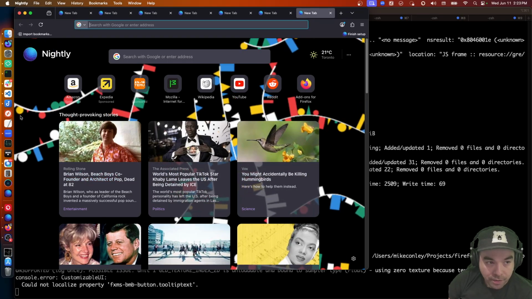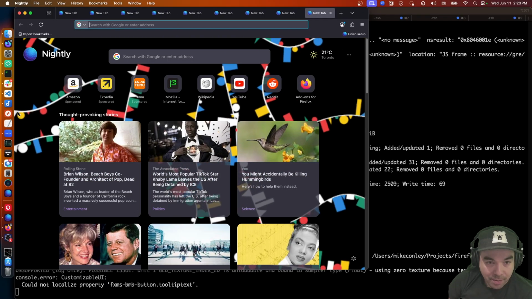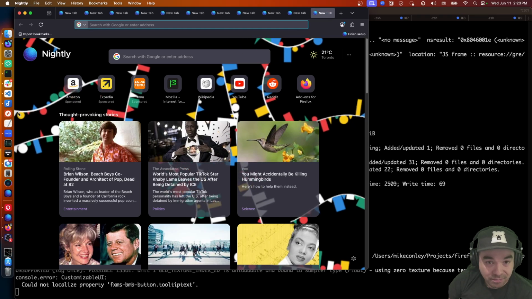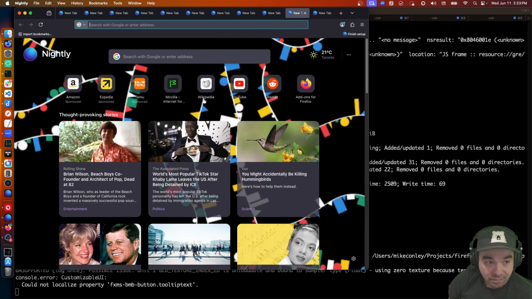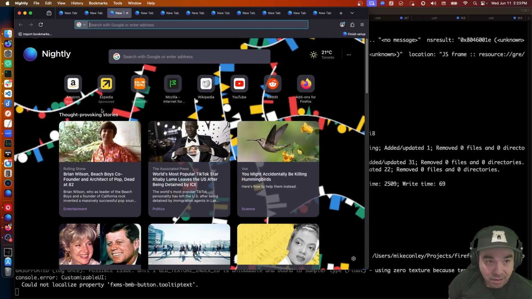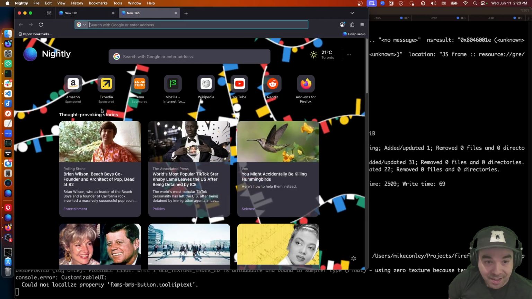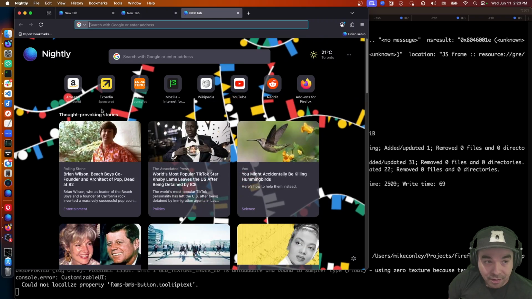Because all of the new tab animations are starting at the same time. That works. So that's an idea.